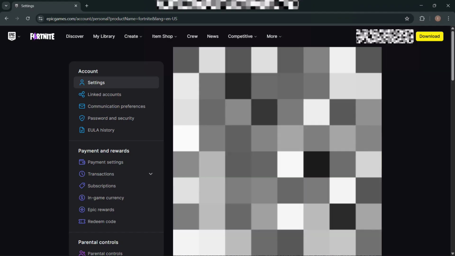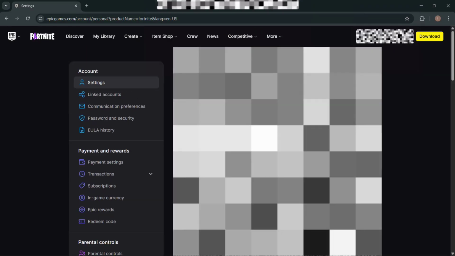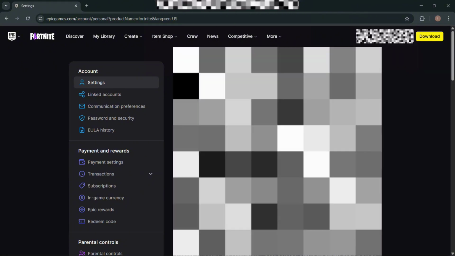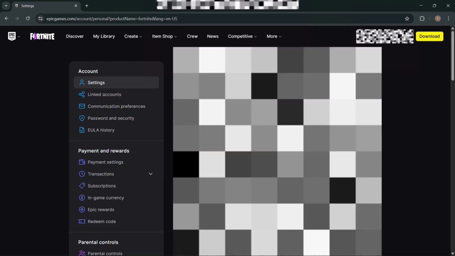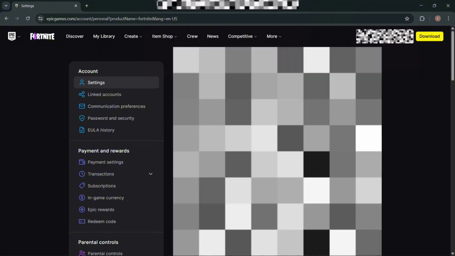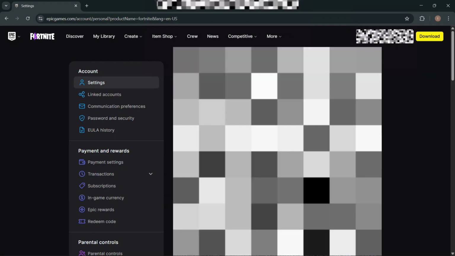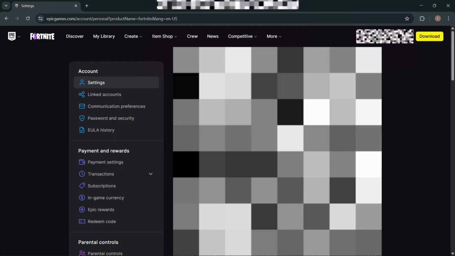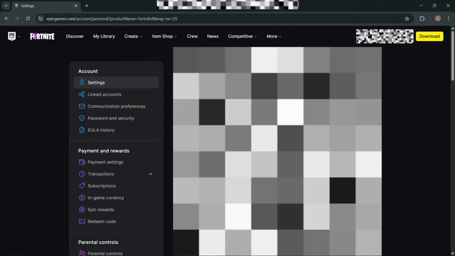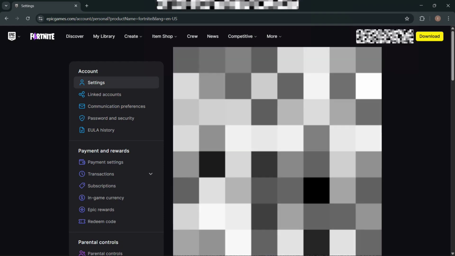As you can see, there is no option for you to change your age on Epic Games. You'll see your date of birth, but it cannot be edited directly. What you can do instead is to just create an email to Epic Games support to change your birth date on Epic Games. Now, if they approve your request, you'll get a confirmation message on your email